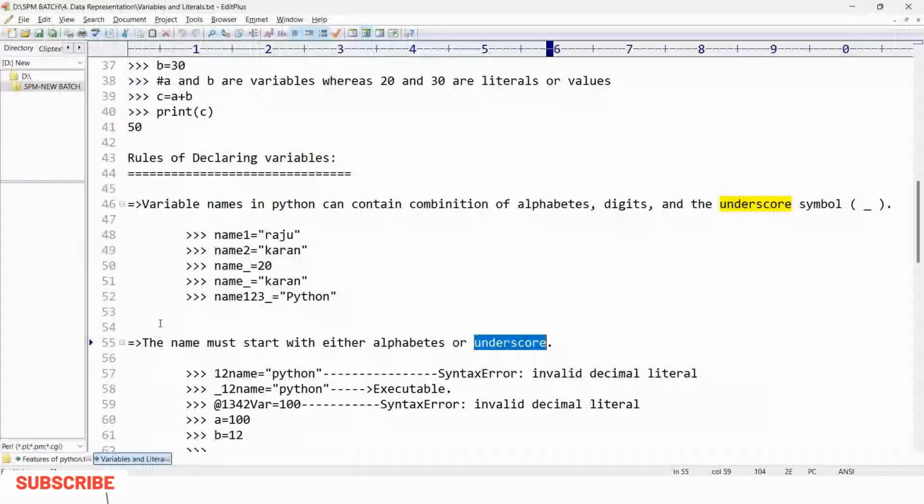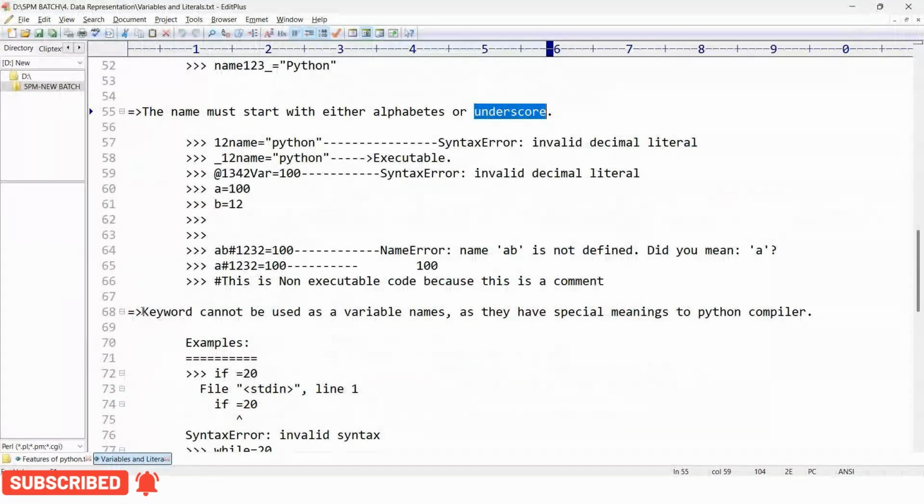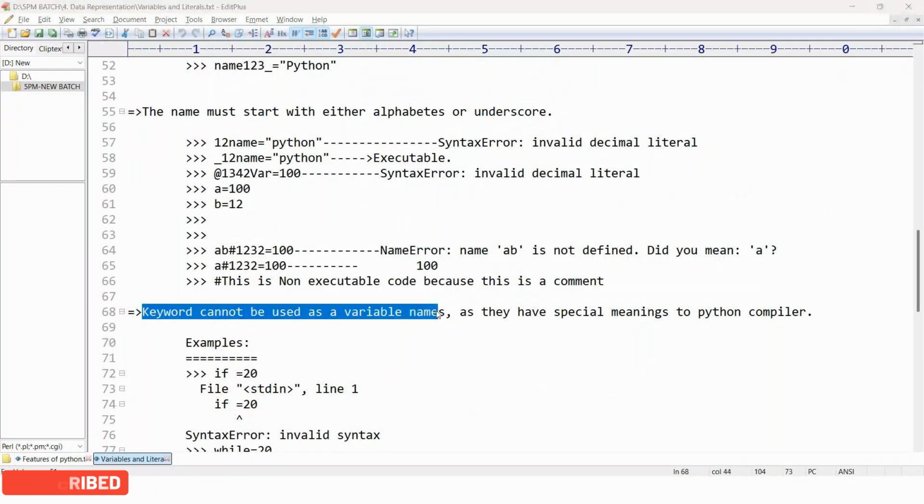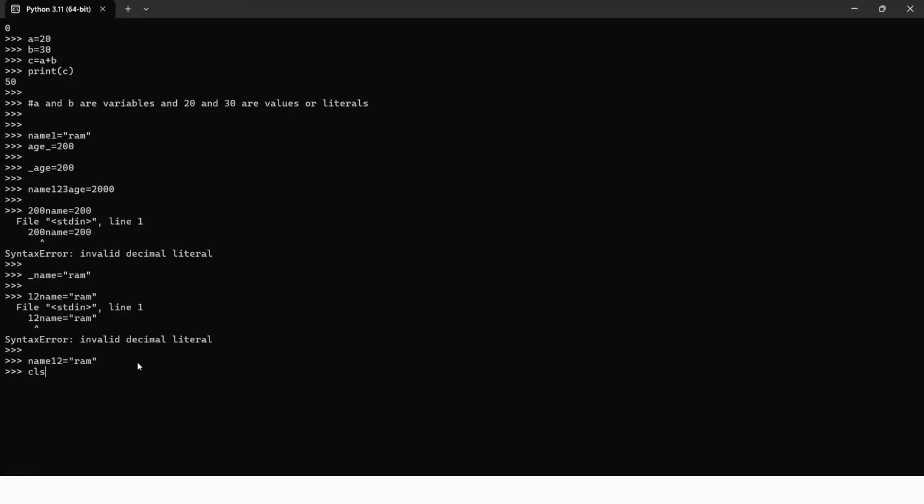Next it says keywords cannot be used as variable names. Keywords are reserved words in Python, which have a specific meaning meant for something else. We can't use a keyword as our variable name.